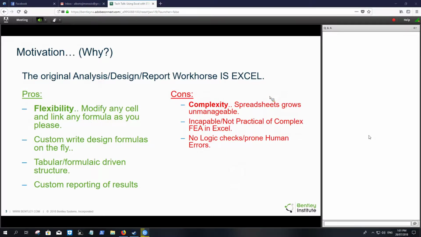So why, right? We as engineers have all used and created numerous spreadsheets in our working lives. Excel is the original analysis, design, and report workhorse. Let's look at some of the pros of Excel. Number one, of course, is flexibility. You can modify any cell and link any formula as you please. But there's a flip side to that. It's a double-edged sword, so to speak. There's a con to that as well. And because it's so flexible,